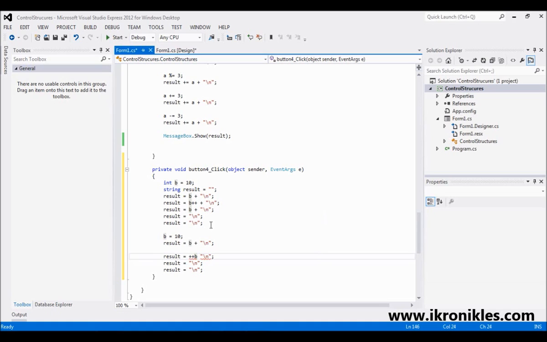Okay, b++. Then let's add b again, concatenate it. Then